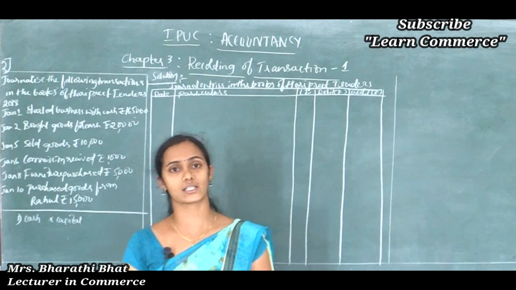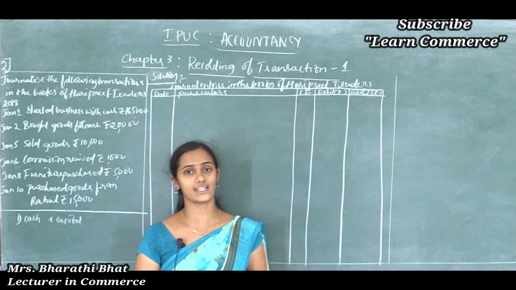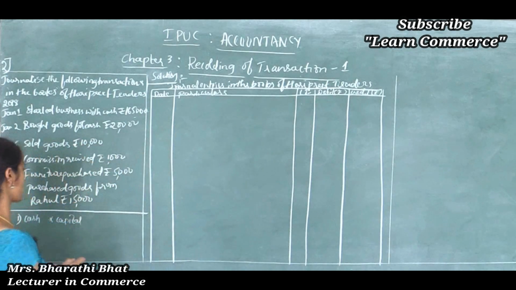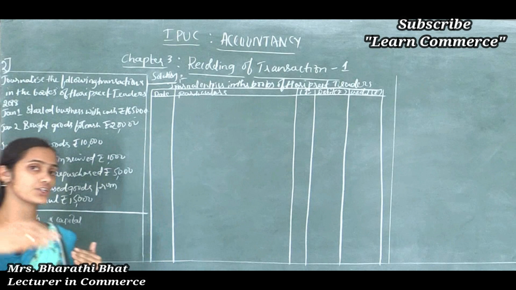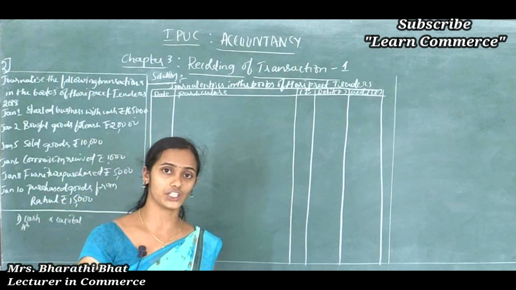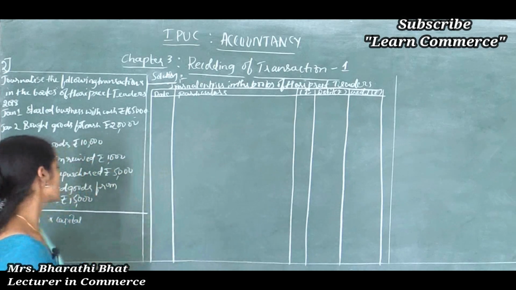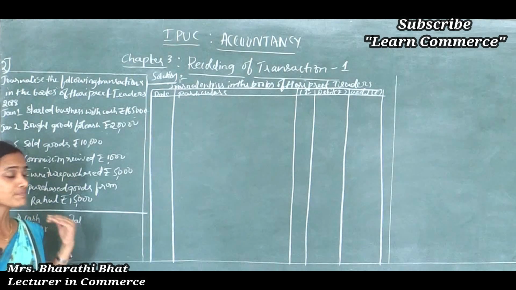Cash, buildings, bank, furniture, motor vehicle or machineries, these all are assets. So for the first one, asset. Then we should analyze that. When we are introducing some cash into the business, does it show increased value or decreased value? Correct. Here it shows increased value. So an increase in asset is to be debited.